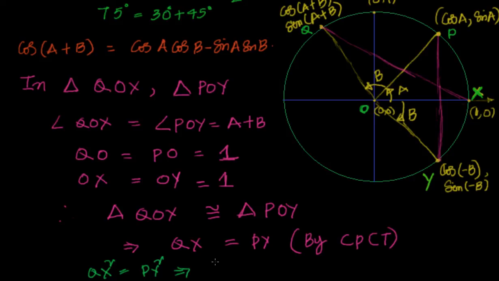It's reasonable, right? When QX equals PY, QX square equals PY square. But QX square is nothing but the distance between these points. What is that? That is nothing but 1 minus cos of A plus B. What is the formula we are using? For points x1, y1 and x2, y2, the distance between 2 points is square root of x2 minus x1 whole square plus y2 minus y1 whole square. Anyway I am squaring this, so this becomes directly x2 minus x1 whole square plus y2 minus y1 whole square. That is nothing but equal to 0 minus sine of,